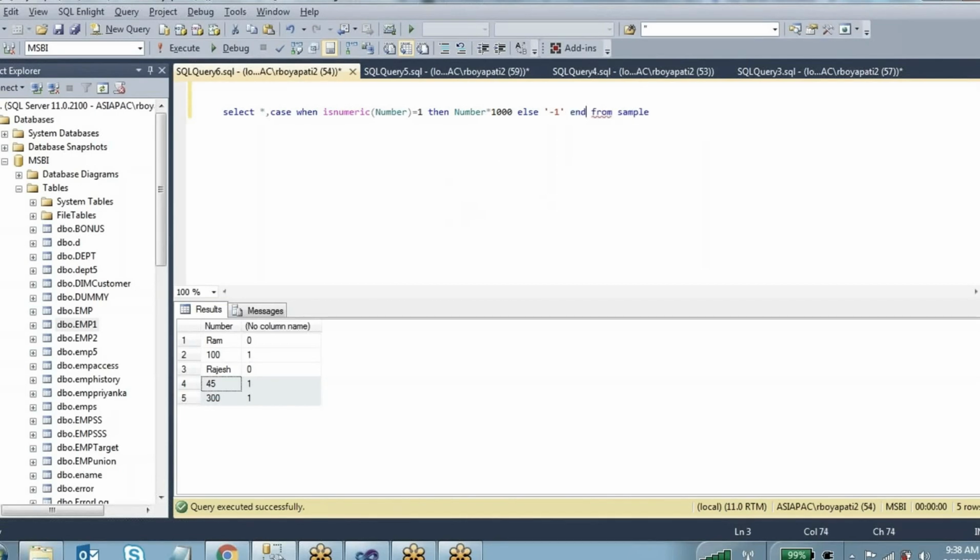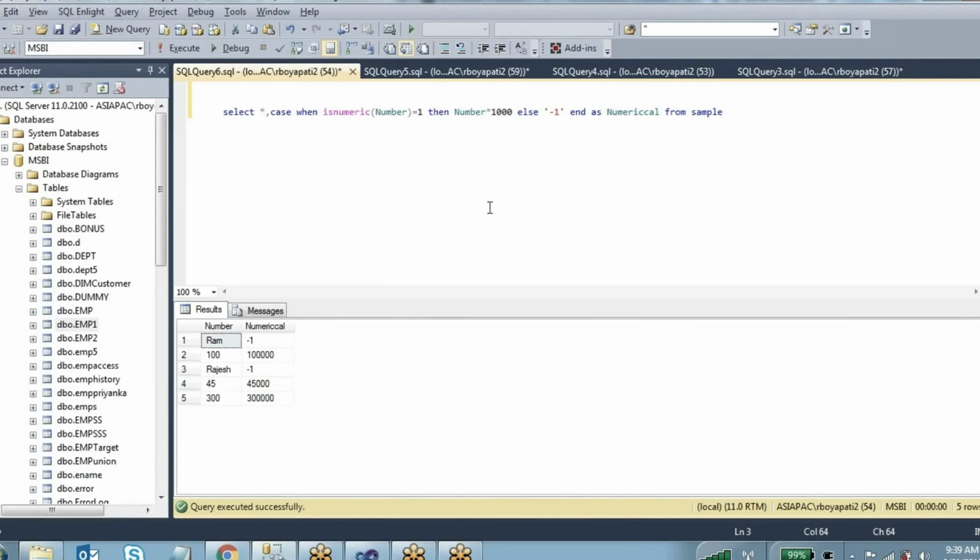And as numeric calculation, I am just giving the column name as numeric calculation. So what I did here: first I am finding which one is a numeric. If it is numeric, it will display 1. For that record I want to multiply with 1000. If it is not numeric, meaning Ram, Rajesh, I want to display just -1. Okay, so you just run it.